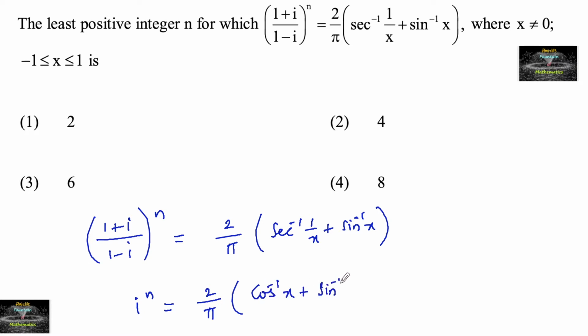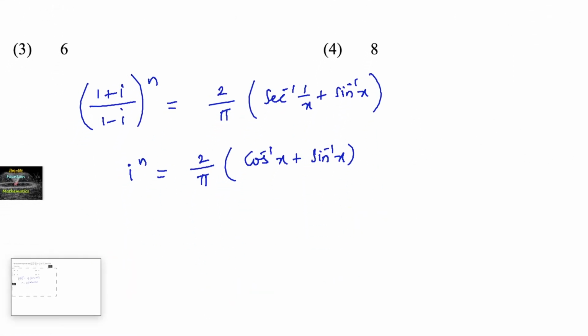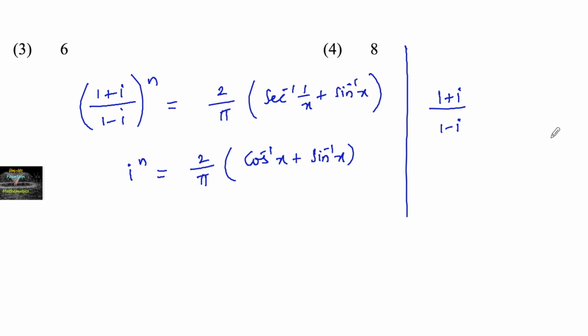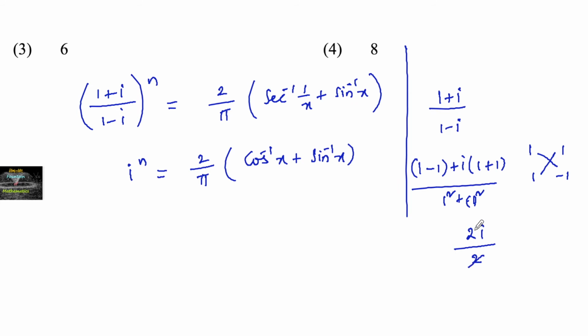plus sine inverse x. And since we got this (1 plus i upon 1 minus i) whole power n, let me do it here. 1 plus i upon 1 minus i. So by using our trick we can use 1, 1 and 1 minus 1. So 1 ones are 1 plus of minus 1, that is 1 minus 1 plus i times of 1 ones are 1 minus of minus, that comes plus 1, divided by 1 square plus 1 minus 1 whole square, that is again 2. So we can add, this is 0 plus 2i divided by 2, which is equal to i. So 1 plus i upon 1 minus i value is i,